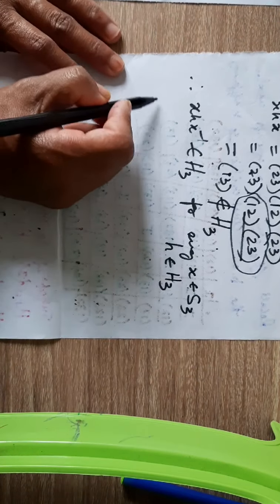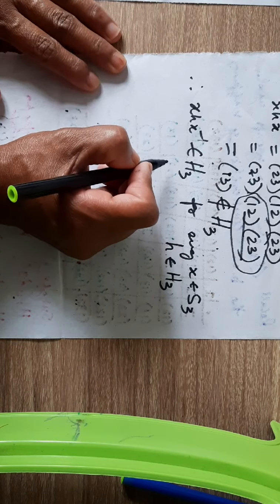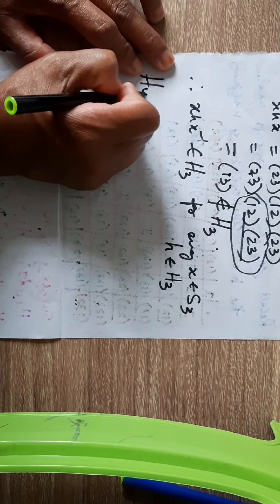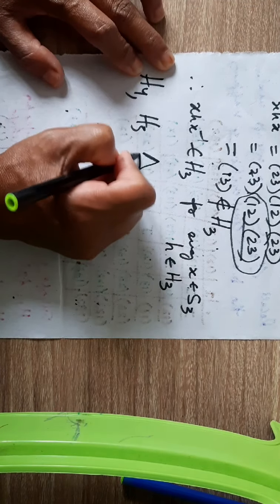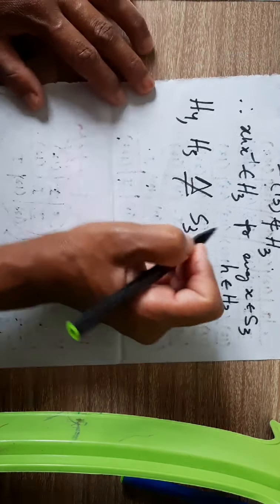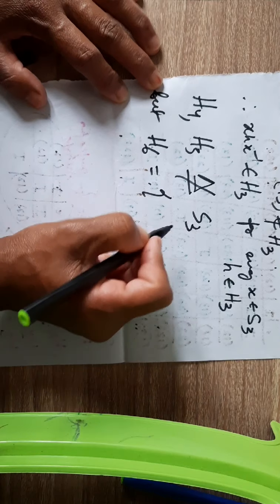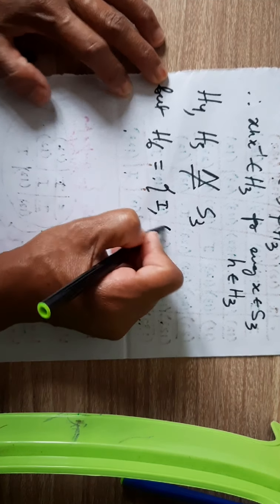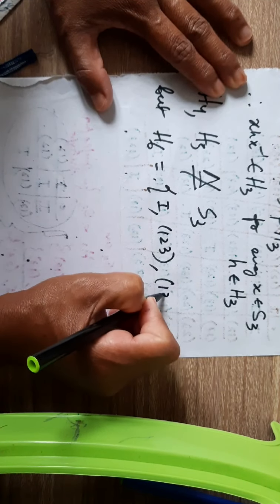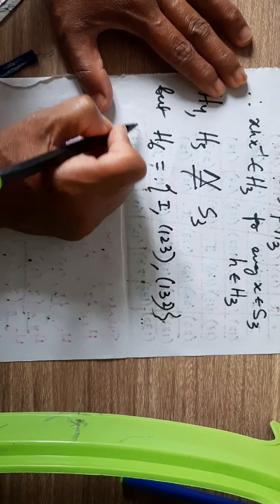So by definition of normal subgroup, H3 is not a normal subgroup of S3. Similarly, H4 and H5 also are not normal subgroups of S3. But H6, which contains the elements I, (1 2 3), (1 3 2), this one is a normal subgroup